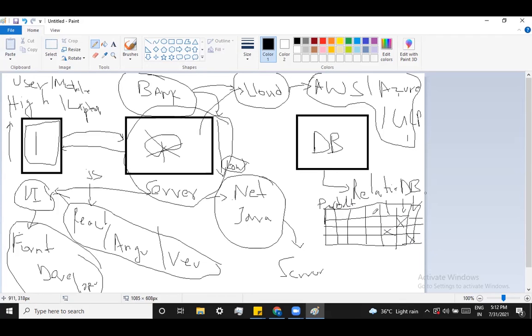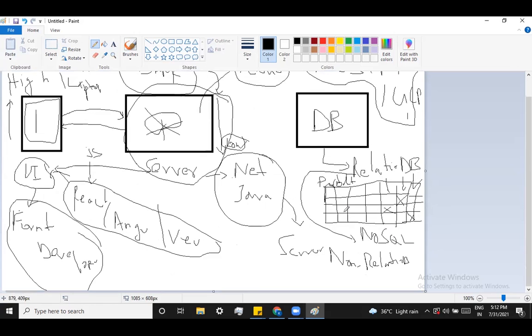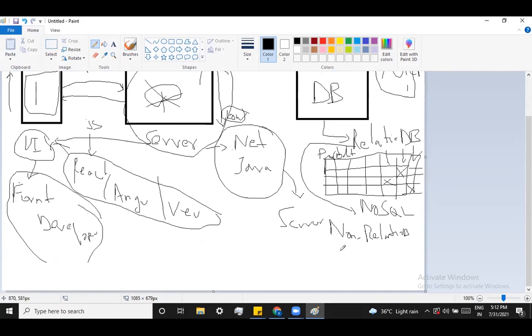In order to overcome this wastage of storage memory, they came up with a design called NoSQL. This is called a non-relational database. What does non-relational mean? You no need to create a table called product. It's like storing all the stuff in a JSON. You know JSON?